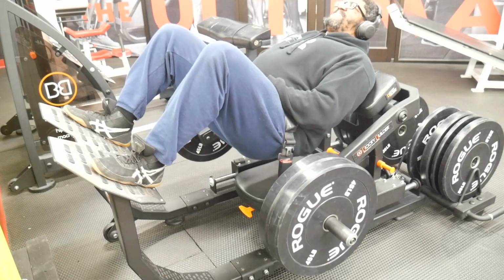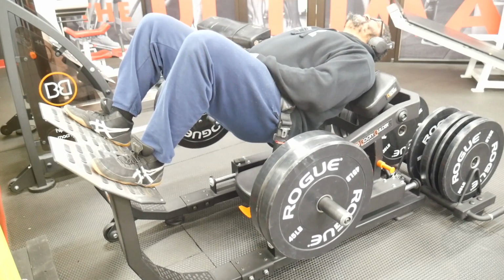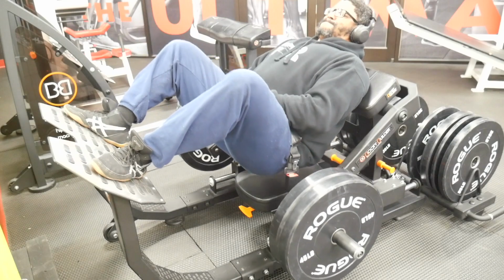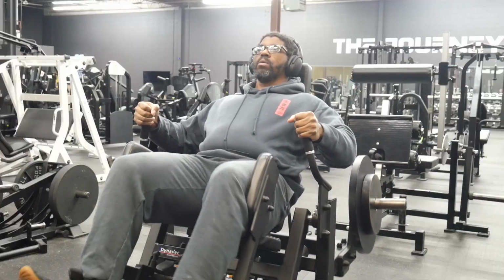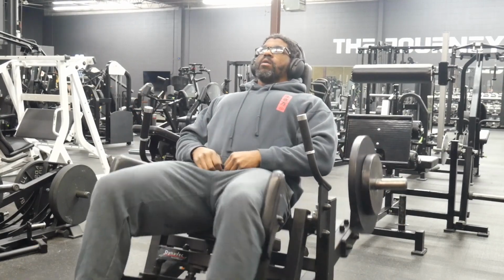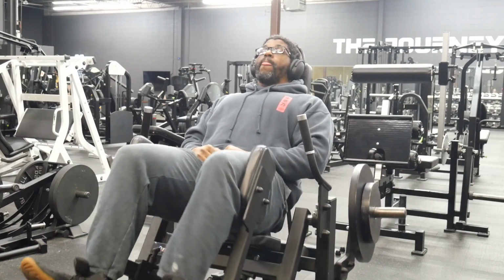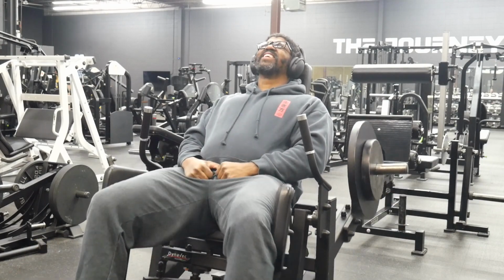Again, you will get a good rebound. These come in very handy if you're doing any type of squat or squatting variation: hack squat, front squat, barbell squat, any type of stuff like that, where you have to get down in the bottom of the hole and have to explode back up. The glutes are going to play heavy into that, as well as the hamstrings. So yes, your quads carry that load, but these two right here will help you power through those